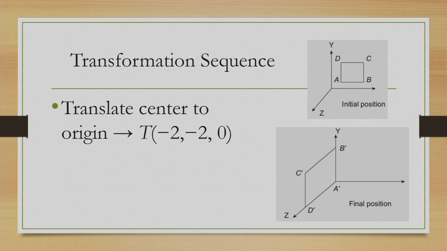So, then what we need to do? Say in this case, we need a rotation from xy plane to yz plane, but the axis of rotation is not z axis, it is parallel to z axis. So, we will follow this composite matrix transformation creation approach. So, first we translate the center to origin, center of this original object. So, then the translation amount will be -2 and 0.